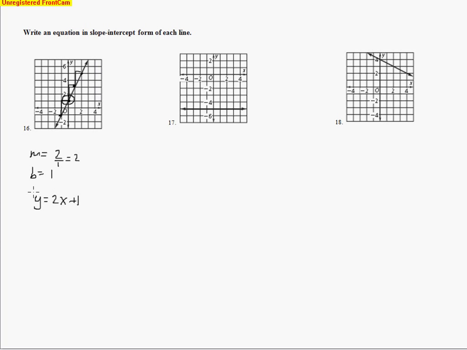And that's the powerful thing about writing the equation of the line in the slope-intercept form. It gives us the rate of change right away, and it gives us where it starts. And so it's really fast to graph once we understand those concepts. This next one definitely has a slope of 0. So any kind of horizontal line